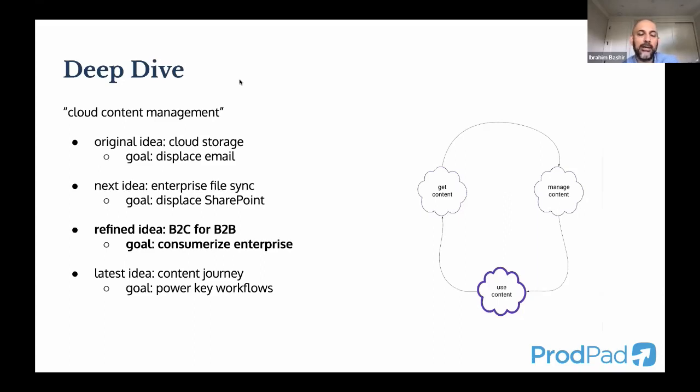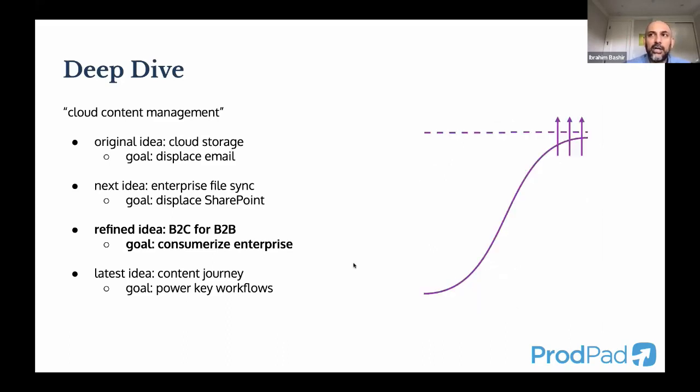How did they do that? A bunch of innovations that now seem obvious: collaboration capabilities, a mobile app, redesigning the UX so that it felt more familiar. And now this is pretty common practice in enterprise software. It feels more like consumer software versus the clunky stuff from 20 years ago. So this is an example of Box basically saying, you know what, the ceiling is not real. I think I can drastically increase growth and usage and adoption.